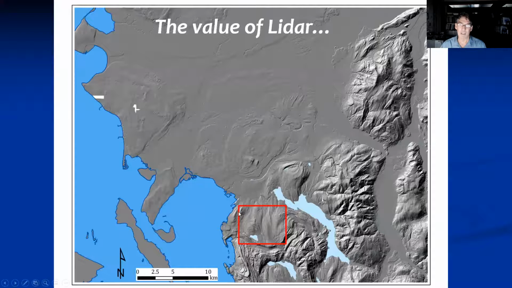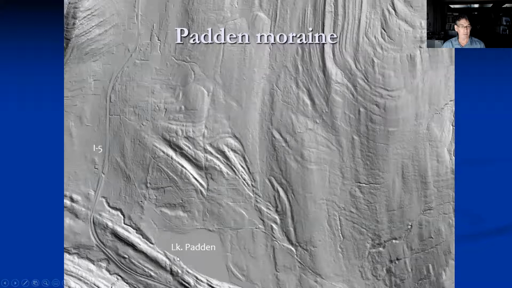So we're going to zoom in here to South Whatcom County, just south of Bellingham. Bellingham's right in here. And this is Lake Whatcom and Lake Padden, for any of you guys who know about it. We're zooming in on Lake Padden. It's not blue here, but that's it, the flat surface. And this is I-5 going up through Bellingham, up that direction. And so one key thing here is a quick quiz for you guys. Can anyone see the moraine in this image?